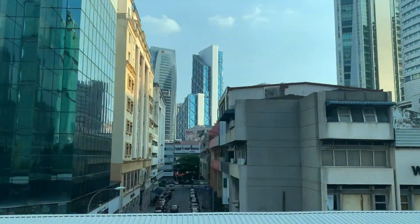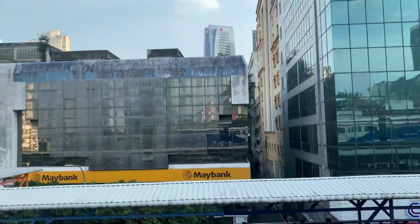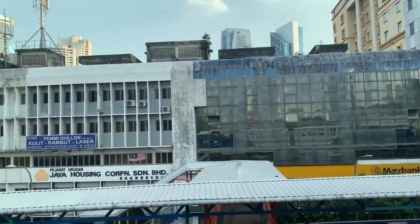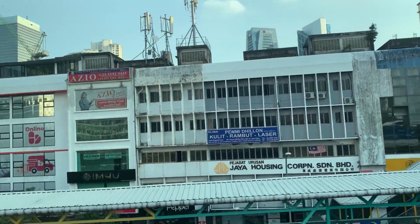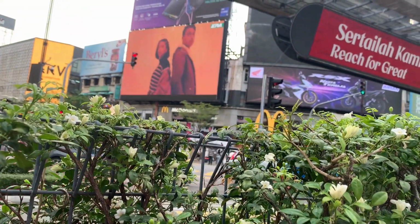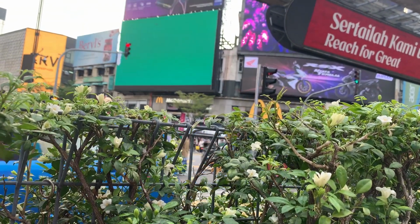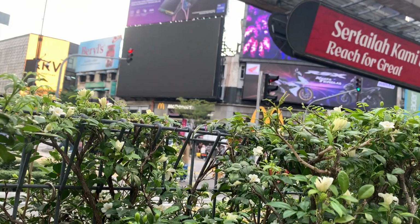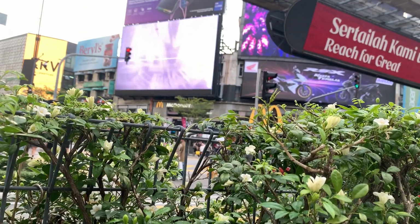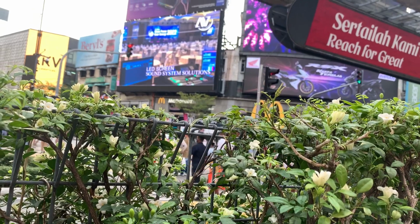Though from what I'm hearing, not everyone's happy with it, though MRT Corp do a great job at informing riders about the benefits that this line will bring. That deserves credit. Halfway down the line is Bukit Bintang, the central shopping district in the city, also home to the Wish.com version of the Shibuya crossing. But there's still quite a lot going on here. If you can bother to look at the billboards for as long as I did to get a shot of the monorail coming in, I didn't even orient my camera that well, but no matter, let's catch our next line,